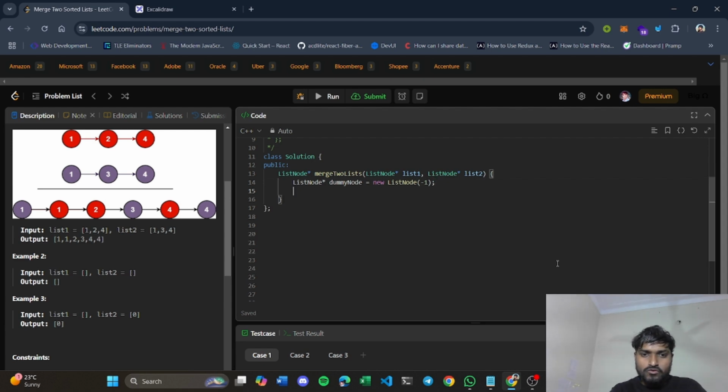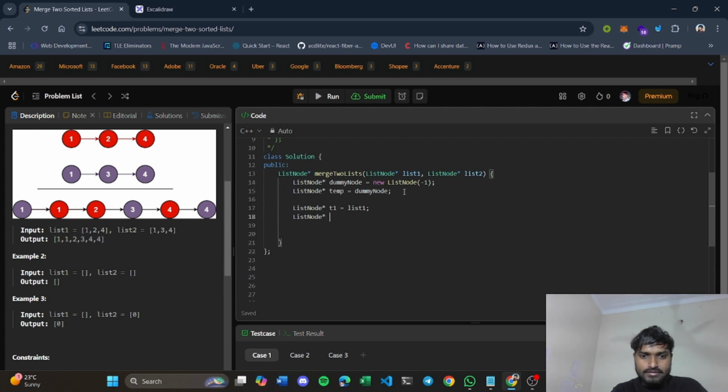Now you have to create a pointer pointing to this dummy node, known as temp. Temp is equal to dummy node, right? So this is your list 1 pointer, and this is your list 2 pointer that is pointing to head 1 and head 2. Let's call them T1 and T2 so that it will be easy to write the code.